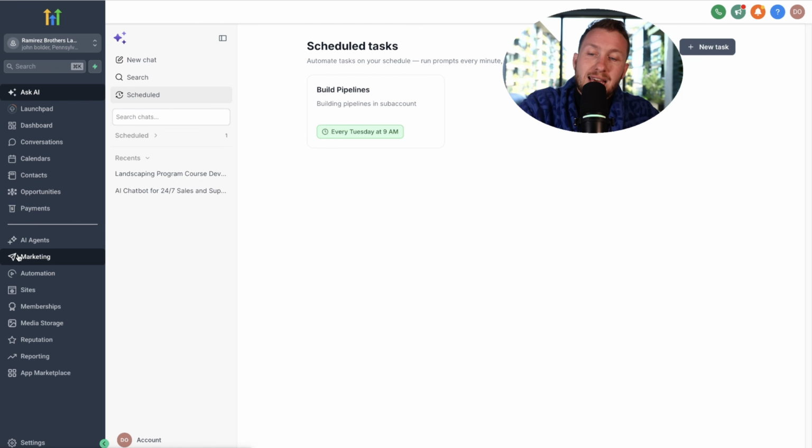So think like this. Think if we're in the marketing tab and we want to run social media campaigns, okay? We want to have Facebook and Instagram posts going out every week. All we need to do is click new task, and every, let's say 2 weeks, it rebuilds the social media posts, reschedules them, and does all of the work for us. So we can essentially have, like I talked about before, that worker agent that's going to come in and do